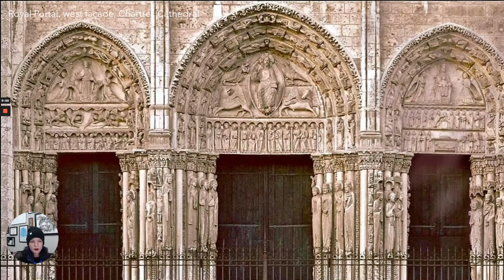Okay, now we're going to talk about changes in sculpture during the Gothic period, and we are going to start back at Chartres. We talk about Chartres a lot in a lot of the different areas within the Gothic unit because it's just so emblematic of so many of the changes happening. So this is the royal portal at Chartres, and it should be familiar to you because, not this particular portal,